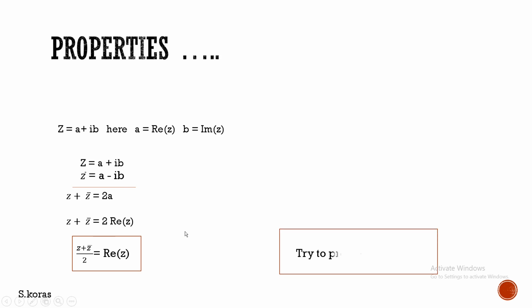Try to prove in the same way (z minus z bar)/2i is equal to the imaginary part of z. These two are very important properties while doing problems. Now let's try to do some other properties, that is